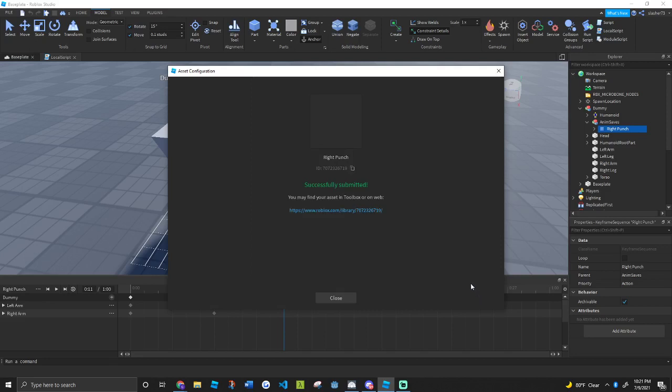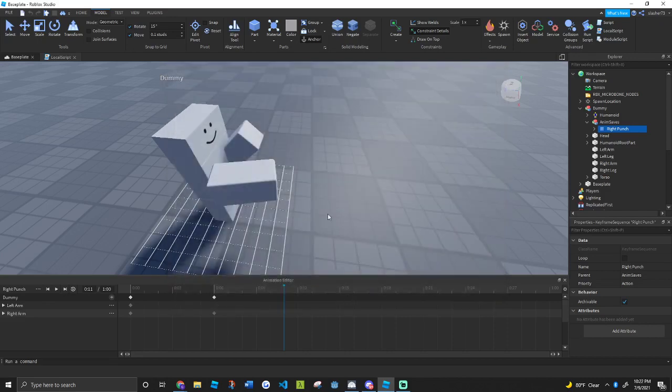Alright, and so now I have this ID that I can copy to my clipboard by clicking this picture right here. And if I closed out before getting this, I can also find my animation on Roblox by going to the Create tab. So, all right, now that that's exported,